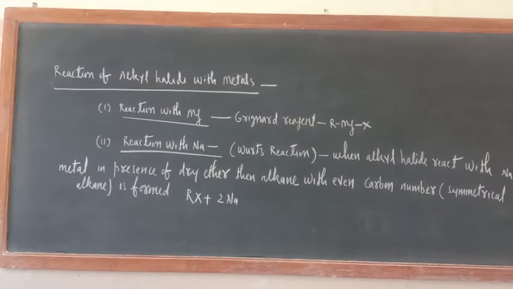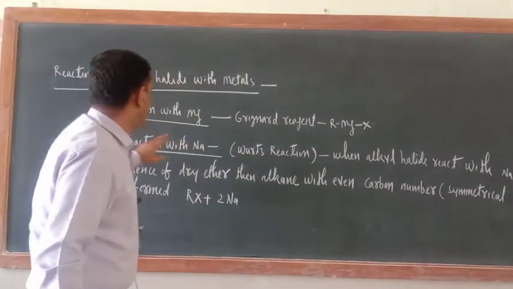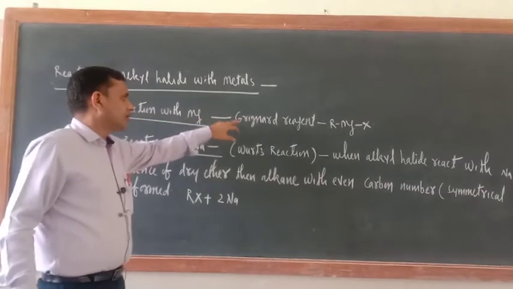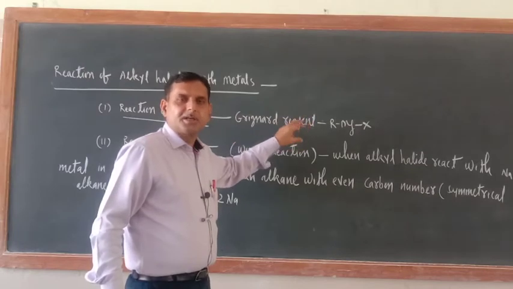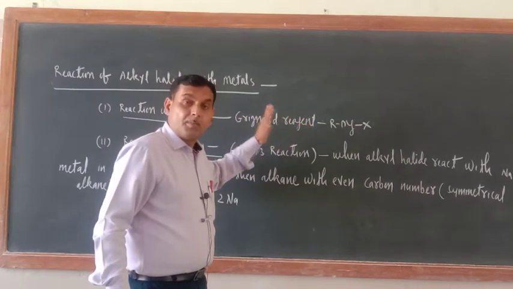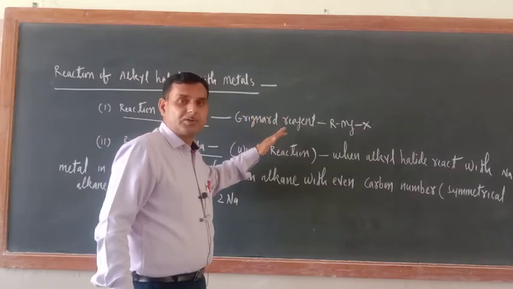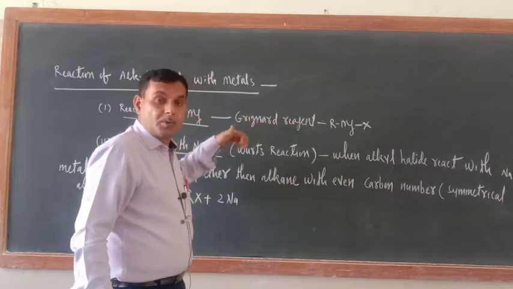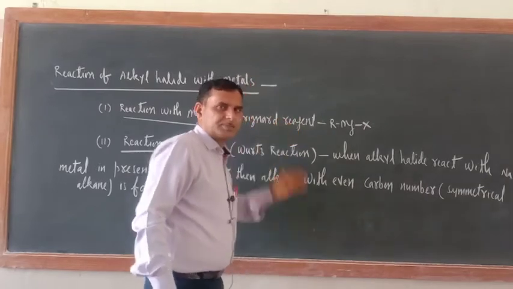Good morning, dear cadets. We are on the reaction of alkyl halide with metals. In the last video I taught you the reaction of alkyl halide with magnesium: what Grignard reagent is, what its features are, what its importance in chemistry is, and how it reacts with active hydrogen containing compounds. Everything I taught. An absolutely moisture free environment is needed to prepare it, which I also explained.